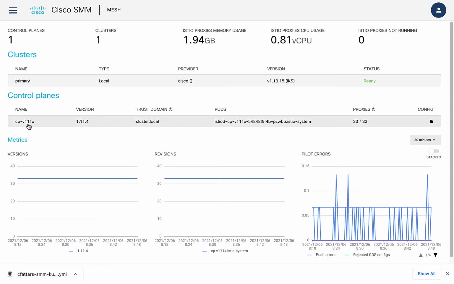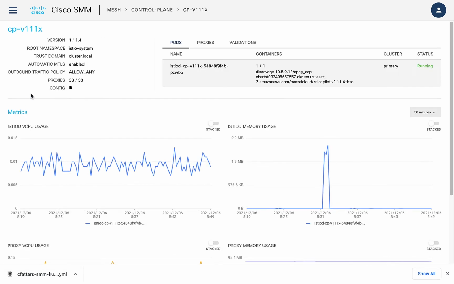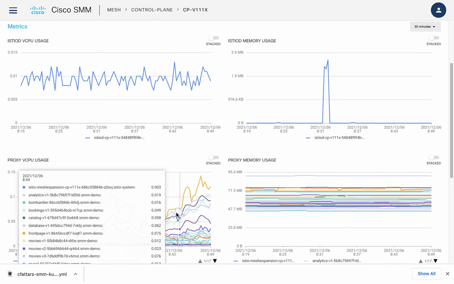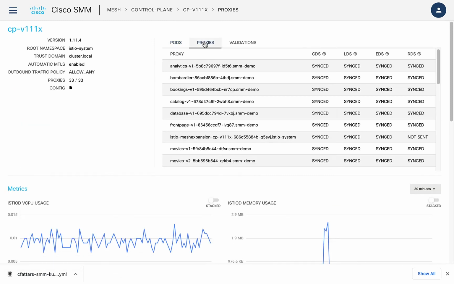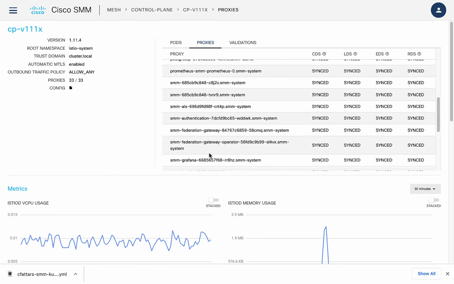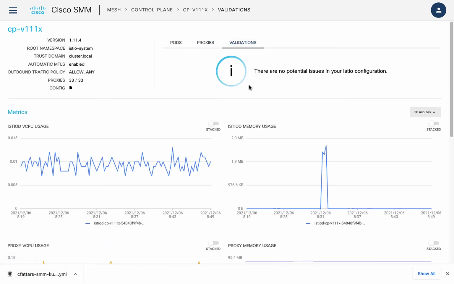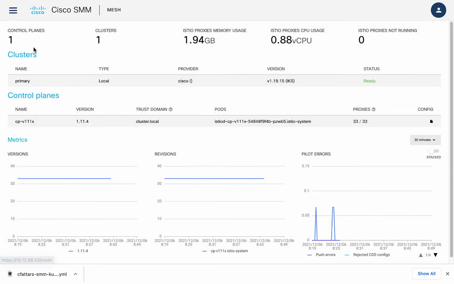Now, normally in Istio, you would have to hunt for proxy status commands and other commands to look deeper into how your mesh is behaving. Here, you can just go into each of the individual control planes and look at the IstioD pod and look at the memory and the CPU usage requirement and other details of the IstioD pod, as well as all the proxies that you have configured both in cluster and as part of your ingress and the egress gateway. We also display any validation errors that might occur during Istio configuration. So this is how you can simplify your mesh management.